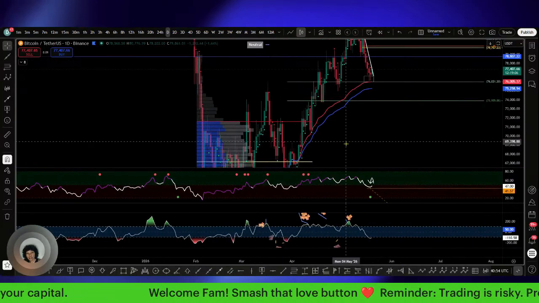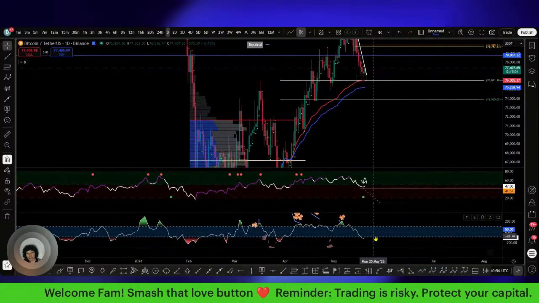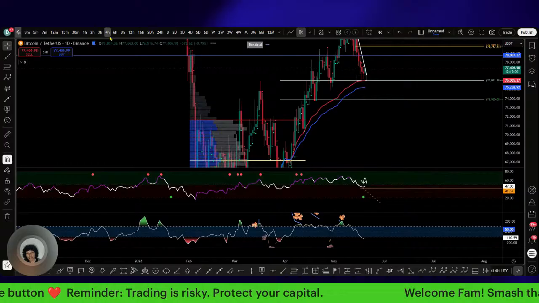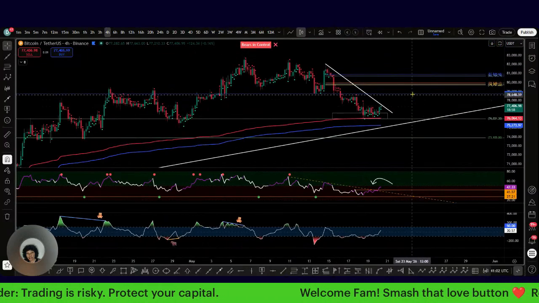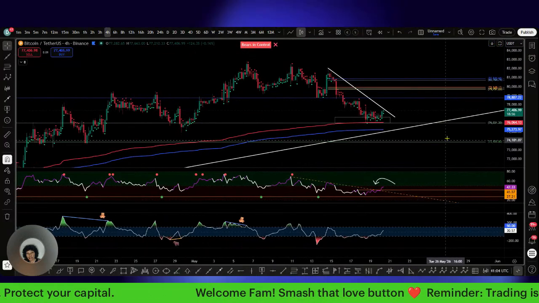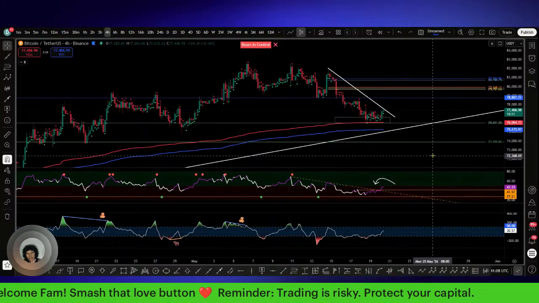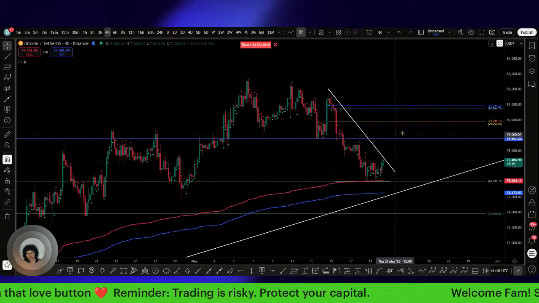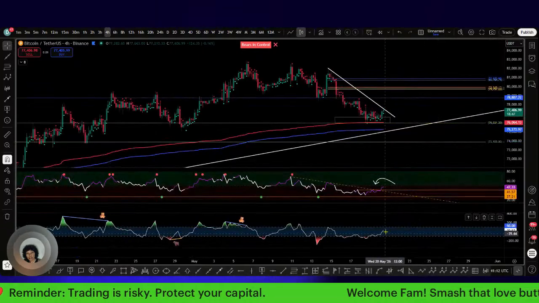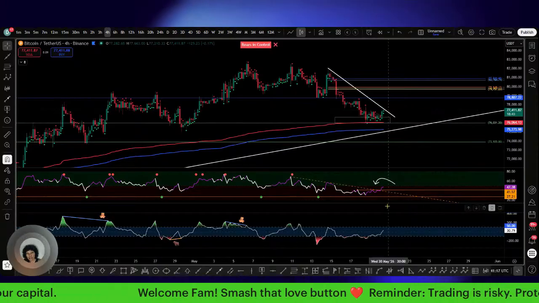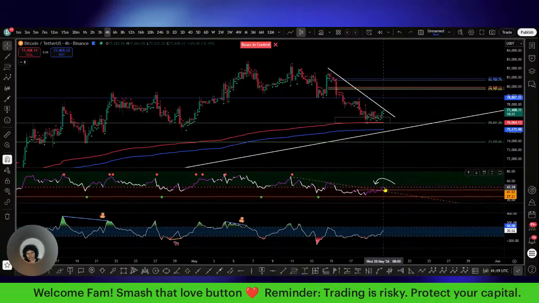But it's a decent time frame to go off of. It's not there on this time frame just yet. It's not there yet. It's coming up real fast. I don't like when it moves real fast. It's moving way too fast.